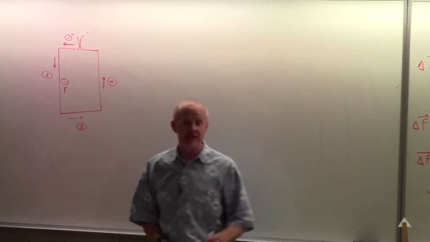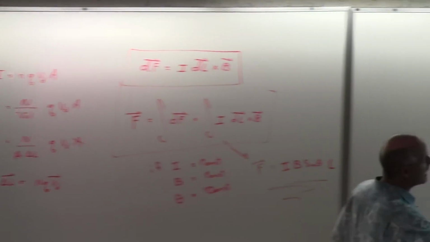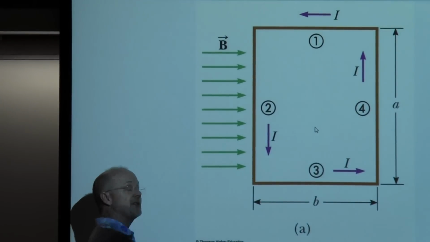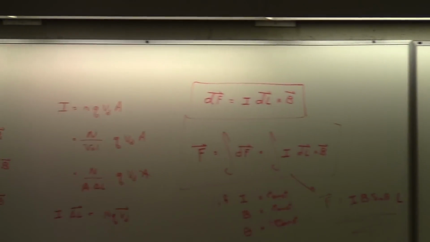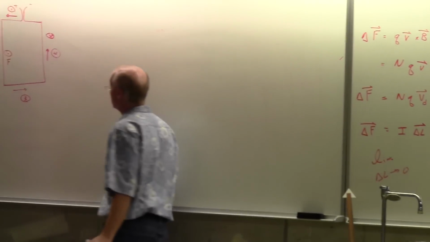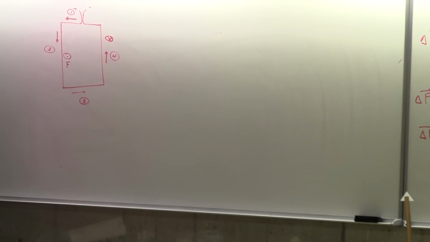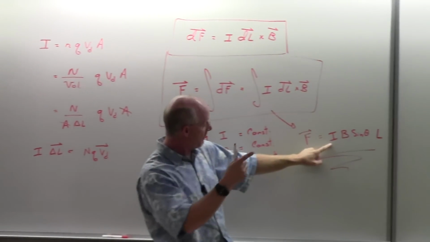And then on section number 4, current is going up, so I'd take my right hand, I'd put my fingers up, I'll rotate my hand to close towards the magnetic field, and I'd get into the board. Okay? And so I'd get a force into the board. And if you look carefully at this very simple rectangle, the force on number 2 and number 4 are really